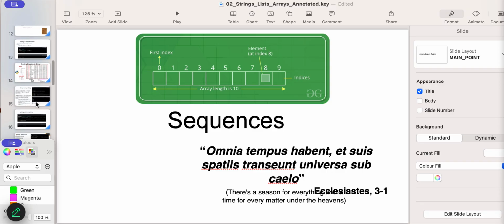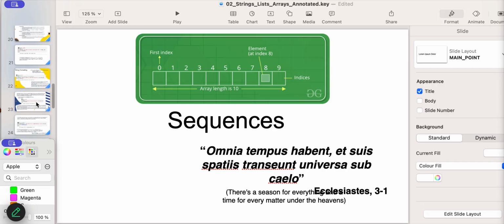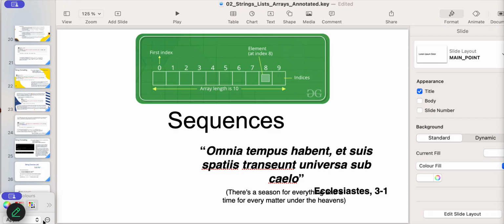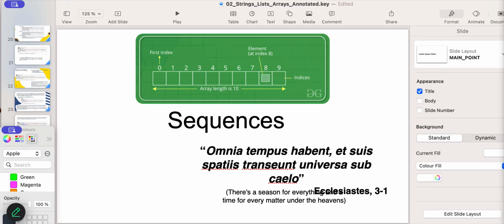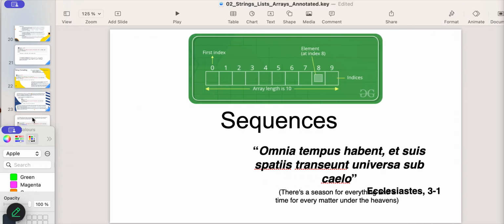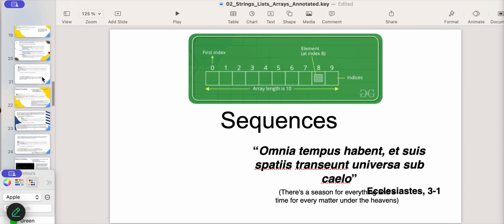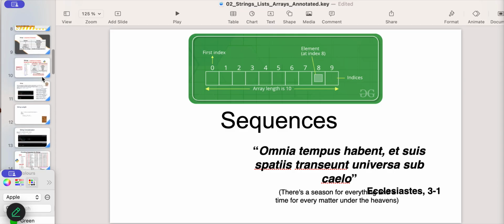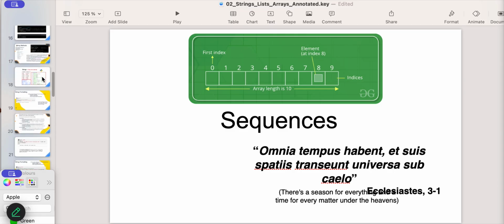Okay. So let's go back here. Get rid of the edit bar. Edit bar? Okay, I'm removing the edit bar. Okay, so let's get back to the